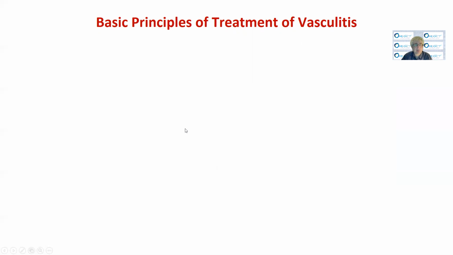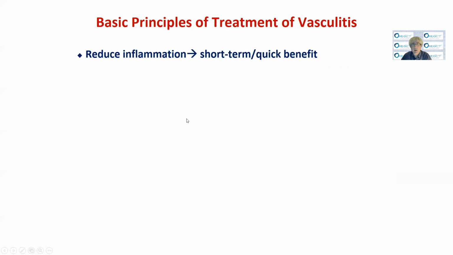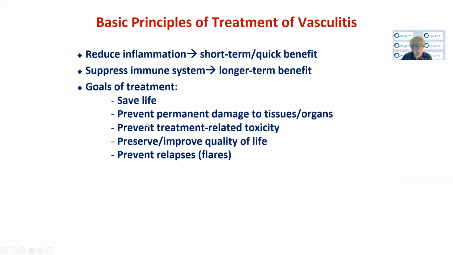Well, it's a disease of the immune system causing inflammation. So we want to reduce the inflammation for a short-term quick benefit, but we also want to suppress the immune system for a longer-term benefit. And we want to, of course, save the patient's life, but also prevent permanent damage to tissues and organs, prevent treatment-related toxicity, which can be a real problem, preserve and improve the quality of life, and prevent relapses, which are